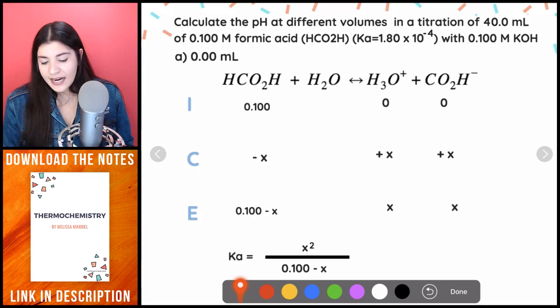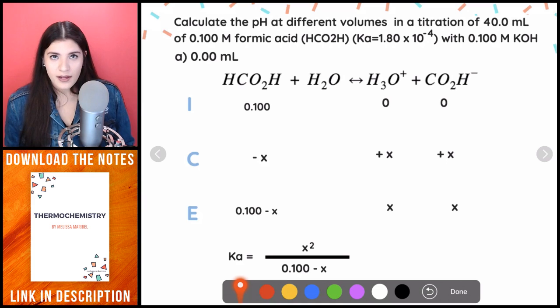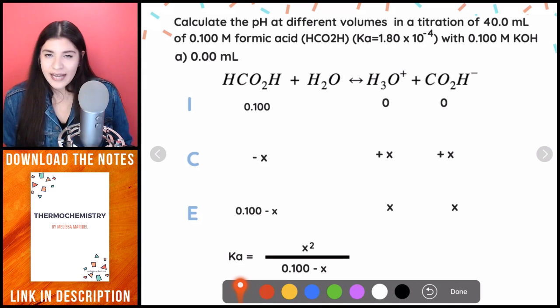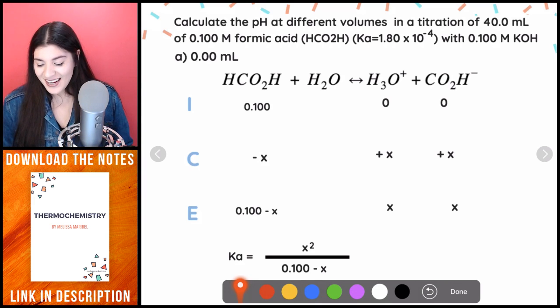So in this case, the I means initial concentration, and this has to be in molarity, by the way. So I know that that's 0.1 because that's what we were given. Water, we don't worry about water. We don't care about it, all right? It's in its liquid state, so we don't worry about that in Ka. We only put aqueous solutions or gases, but don't worry about gases. We're not going to see that here either.